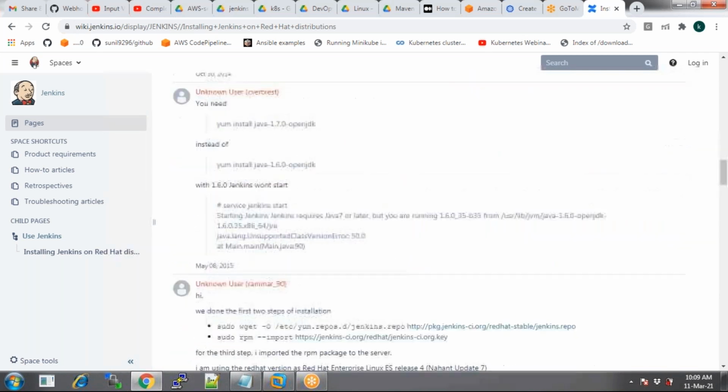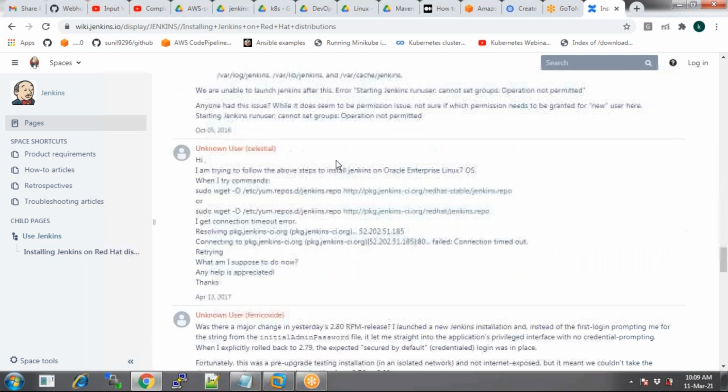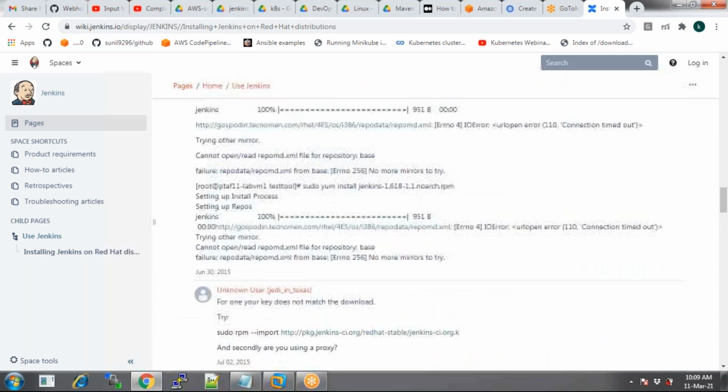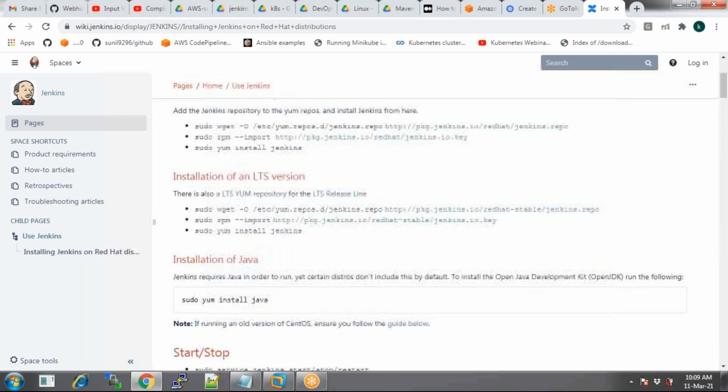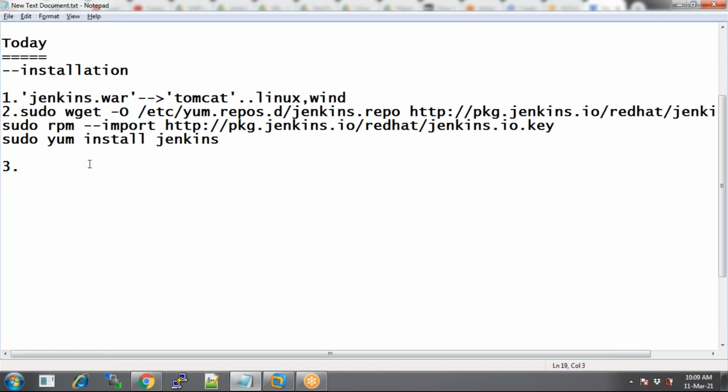They must have some Ubuntu steps as well. For Ubuntu, you can straight away download it. So you can go with apt-get install Jenkins. That will be installed. Okay, that's not required. Then that's the second type of installation. And the other type of installation is something you can try